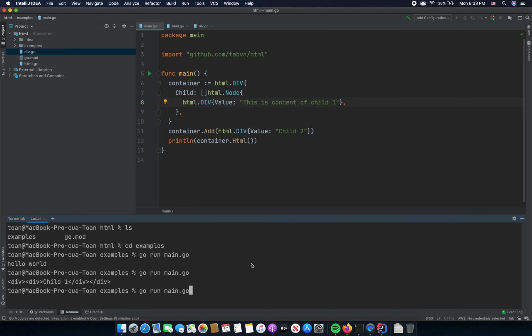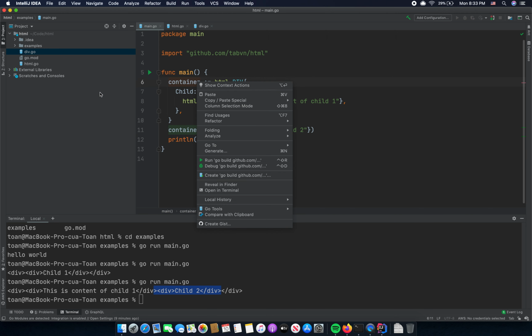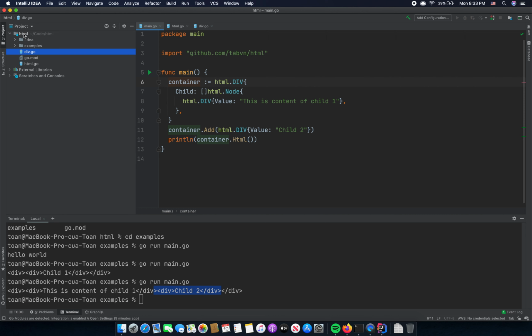Now we should print now. You see div 1, its child, and we have a next child div 2, and that's good. So if you want to implement a small HTML file, for example, now I'm going to implement